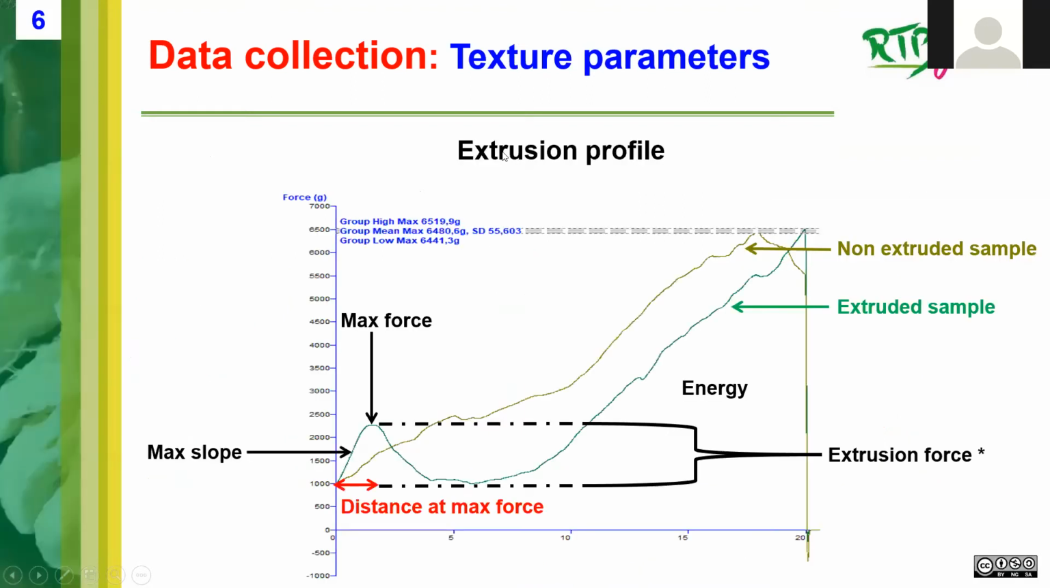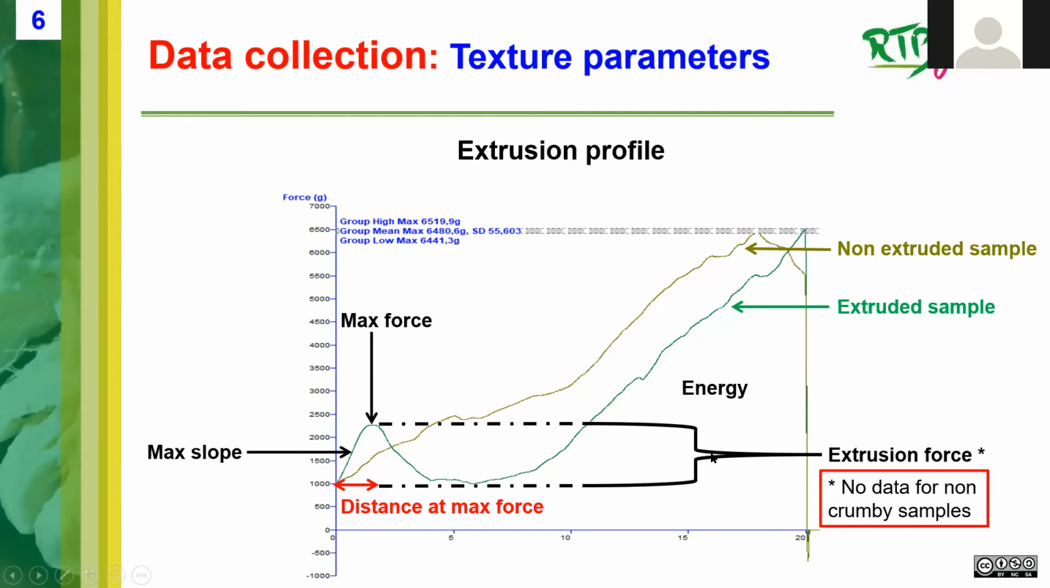Concerning the extrusion profile, 5 parameters were measured. We have the max force, the max slope, and the distance at max force. We also measure the extrusion force, which corresponds to the shear force recorded after the max force, and also the energy, which is the area under the curve. For the extrusion force, we didn't have data for the non-crumbly samples too, like for the fracturability